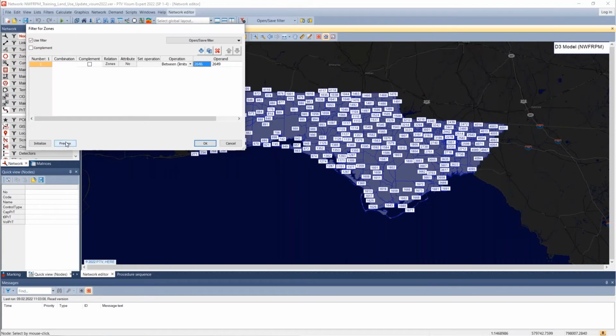Before clicking OK, I like to click Preview just to see if it works. And you can see that it grays out all the zones that were not in that selection. And you can see here we have 2646 kind of in there. It's maybe burying the other 4 because they're zoomed out so far. But that's fine. So once you are comfortable with your filter, we're going to go up here where it says